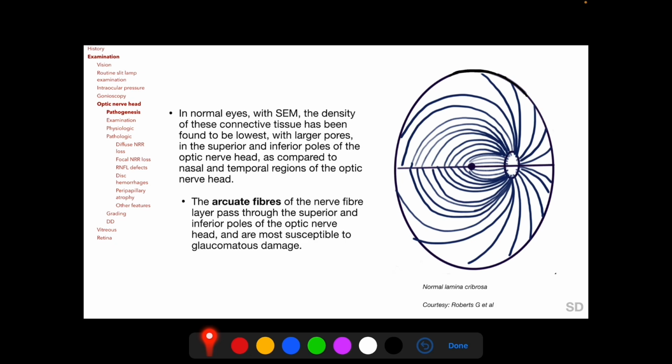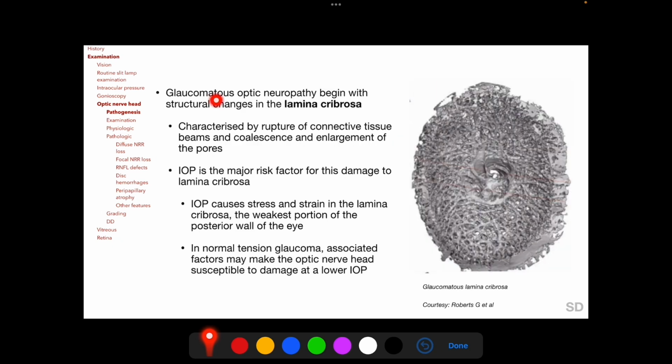As we have discussed in the neuro-ophthalmology section, the arcuate fibers of the nerve fiber layer pass through the superior and the inferior poles of the optic nerve head to reach the optic nerve. Glaucomatous optic neuropathy begins with structural changes in the lamina cribrosa. Lamina cribrosa is said to be the primary site of damage, and damage to the axons of the retinal ganglion cells passing through the lamina cribrosa is said to be secondary to the structural changes of the lamina cribrosa in